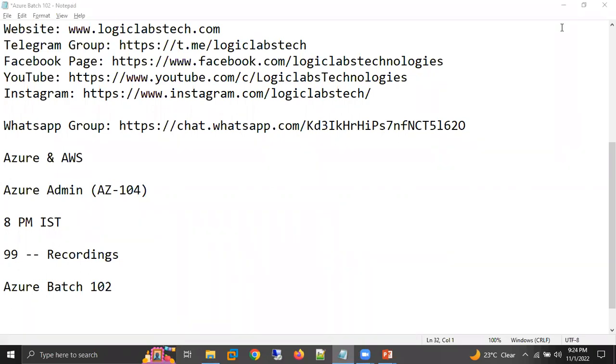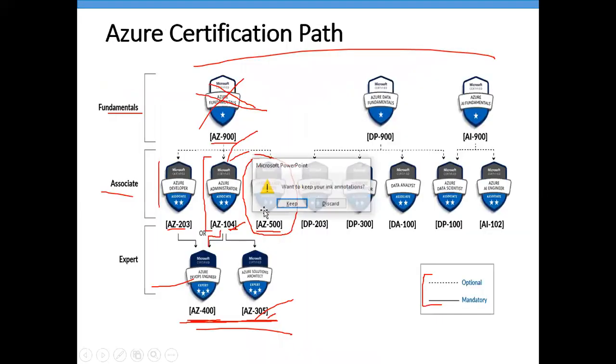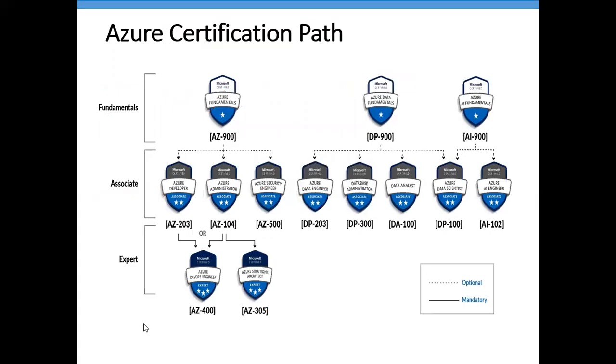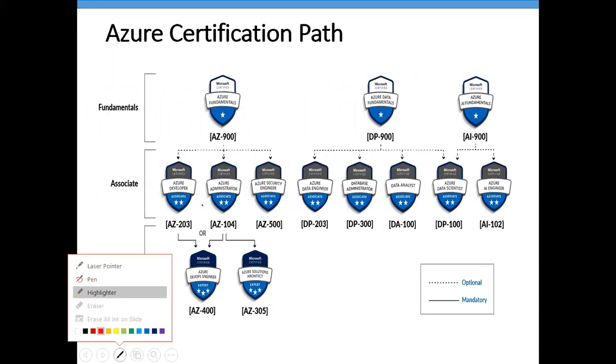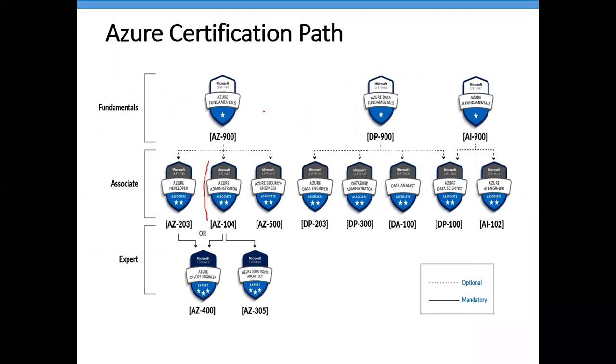I'm working in the Azure field and I'm a fresher and need to start with my certifications. Which should I start with, 900 or 104? 900 is not mandatory, as I have informed earlier. If you want to go for any certification, go directly with AZ-104. Don't waste your money on 900 because it's optional. But some clients strongly recommend it, saying they need only 900, then you can go. Otherwise, it's not required.